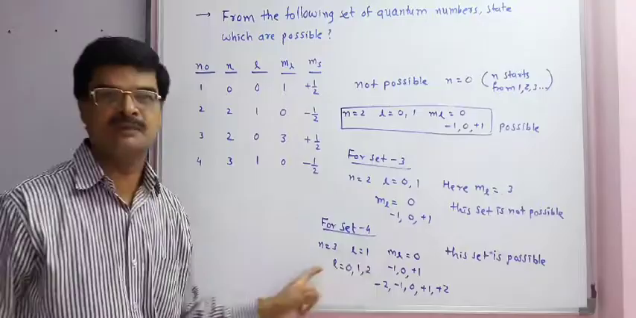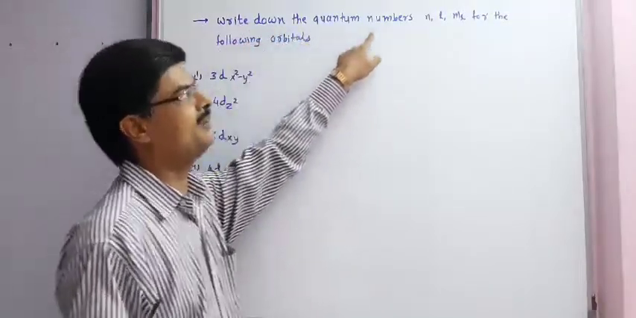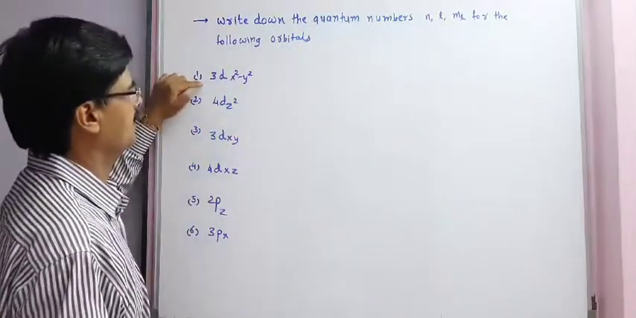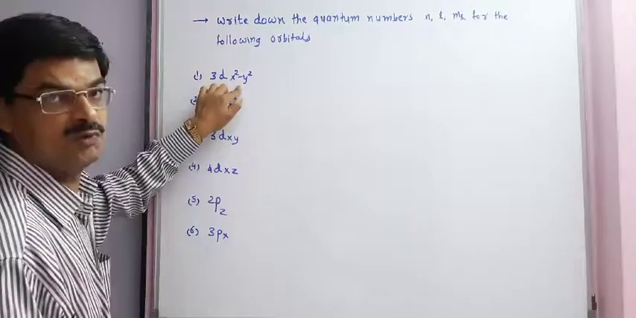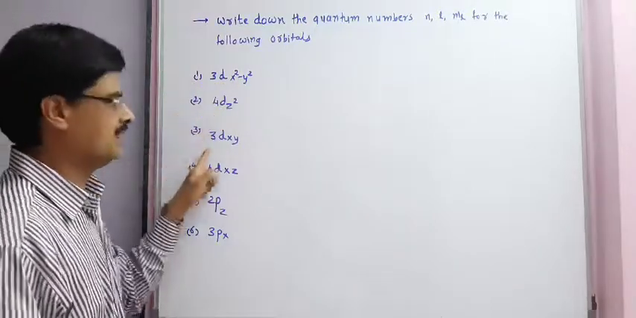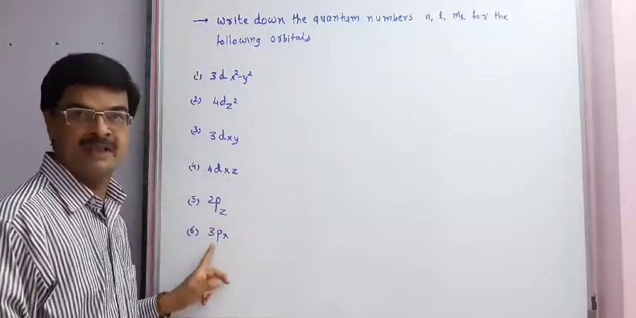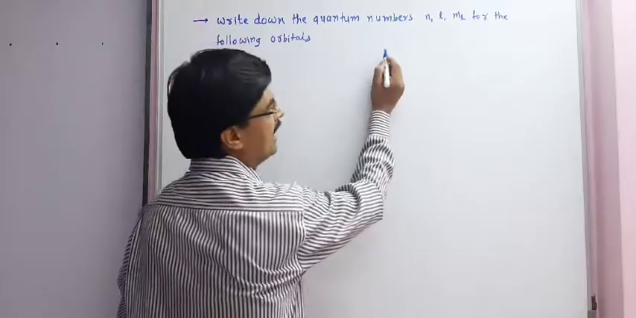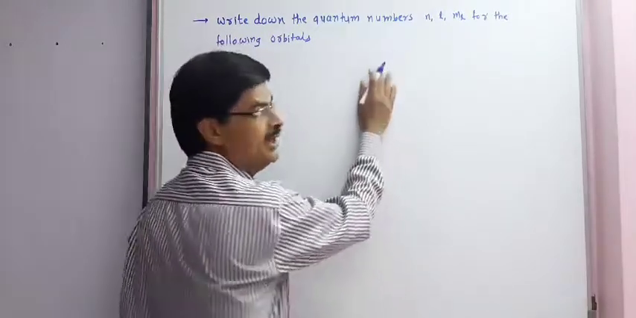This set is possible. In the given question, we have to write down the quantum numbers n, l, ml for the following orbitals. The orbitals are given in this manner: 3d x square minus y square, 4d z square, 3d xy, 4d xz, 2pz and 3px. Before we study the answer, we must know the ml values for d orbitals. There are 5 d orbitals: